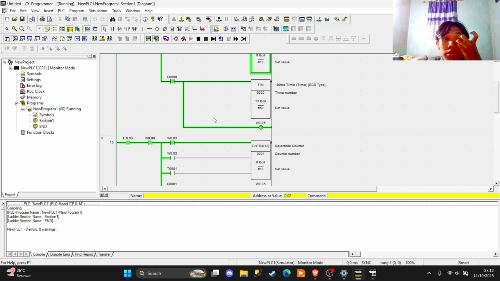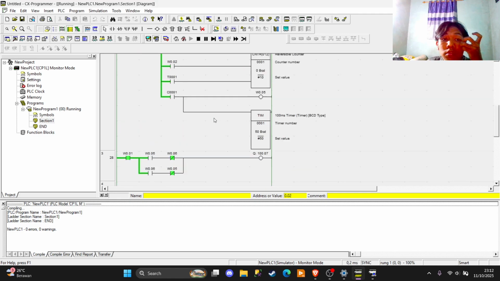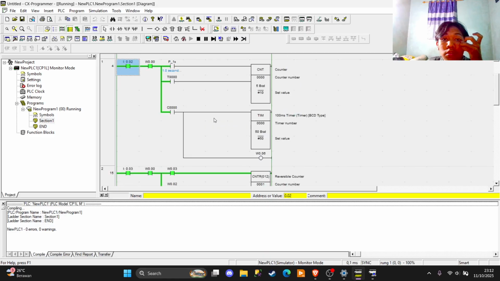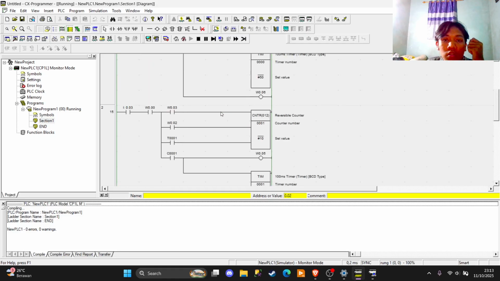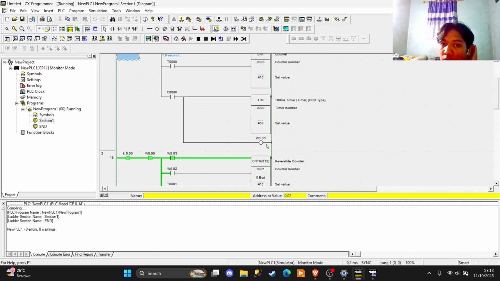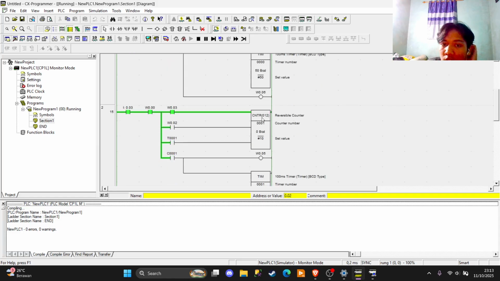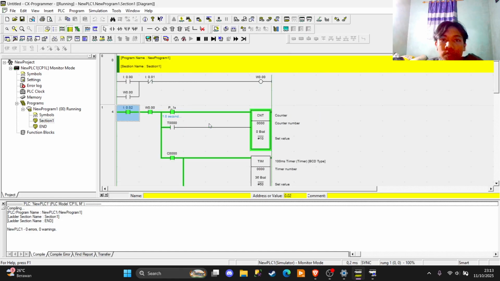Okay, this is like looping in here. So the output will turn on after like 50 seconds, and then we can do the manual reversible counter. So just like that.